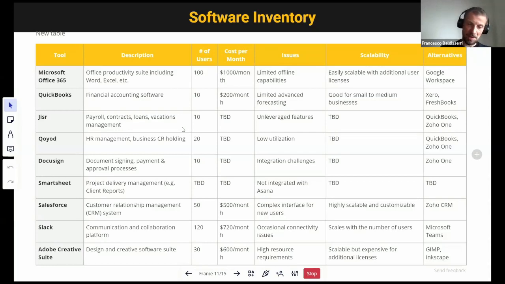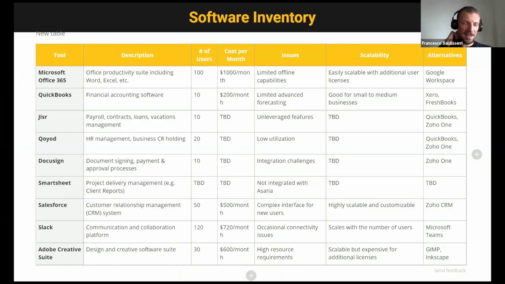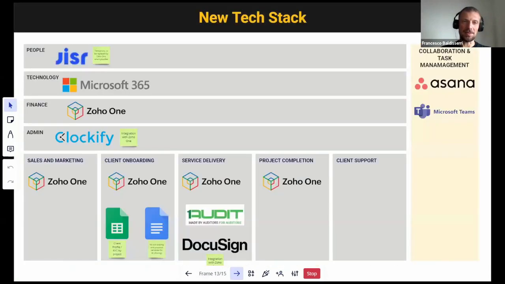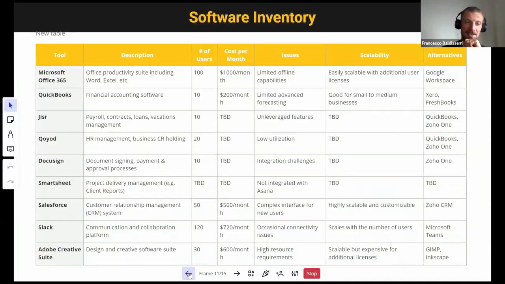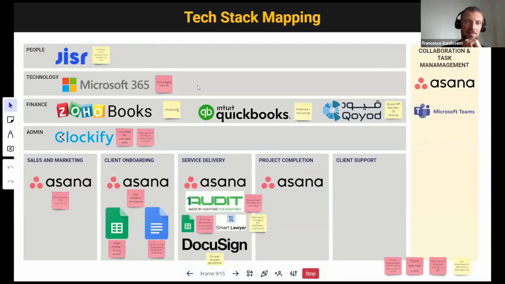So once we do the mapping, the issues, we map where the data is stored, where the truth is stored. We have an inventory on the software. We can draw an ideal or a proposed tech stack. A proposed tech stack for a company. So this is a future landing state for the company. So you can see here, compared to the original one, that is similar, but still simplified in several aspects.